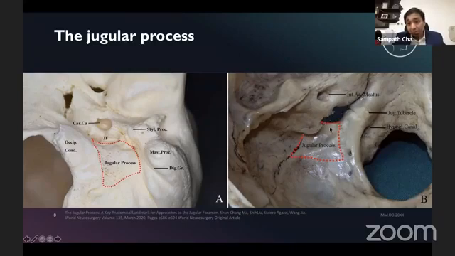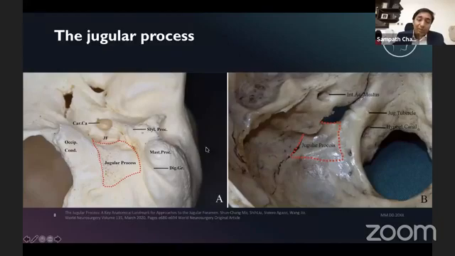foramen, the vascular compartment of the jugular foramen. So just medial to the sigmoid sinus, the jugular-sigmoid angle, you get the lateral boundary of the jugular process, and it roughly corresponds to the suture line between the occipital bone and the mastoid bone, and then all the way medially up to the jugular tubercle. Okay, and I'll tell you what the jugular tubercle is later, but this here is the area of the jugular tubercle.